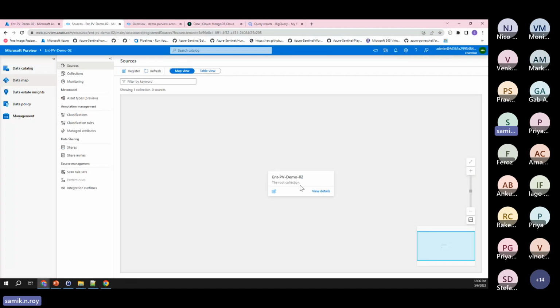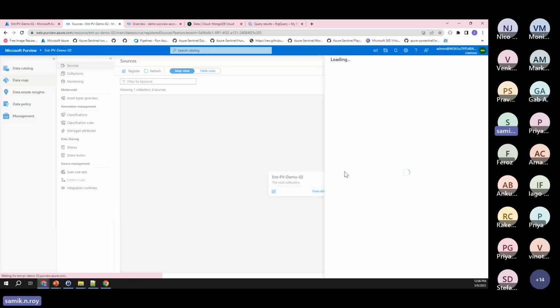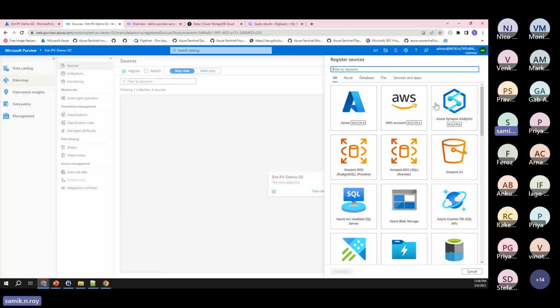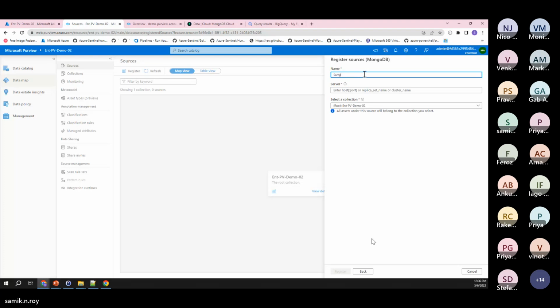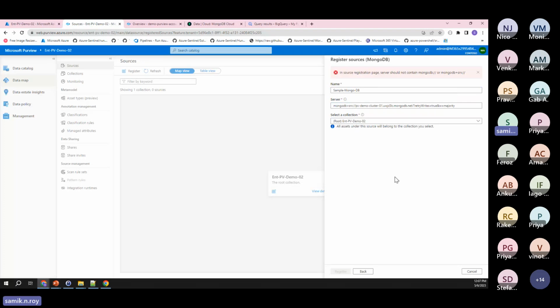I'm going to add everything into the root collection. So let's register something, and I will register Mongo. When I do that, we say continue, and sample Mongo DB. Let's try to specify the server, and I say from the root, which is fine, register. It says register should not have